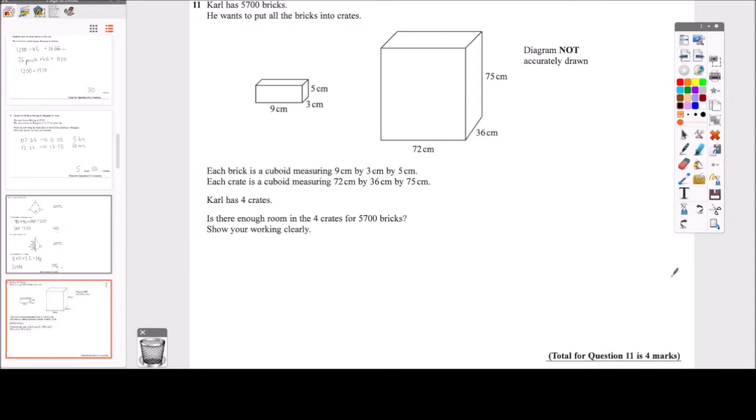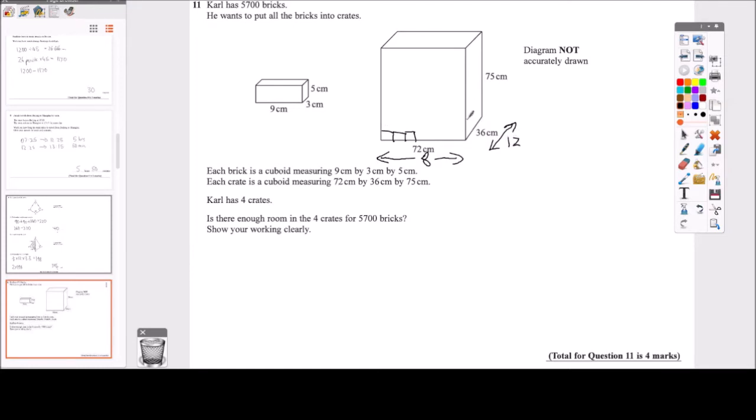Question 11. So we're trying to pack these bricks into this crate. Given that the brick is 9 along, how many are going to fit in as you put them in long ways, with each of them being 9? Well, 9 eighths are 72, so you're going to be able to fit 8 bricks in lengthwise. Now, depth-wise, each of the bricks is 3 deep, and the crate is 36 deep, so that's 12 bricks you can fit in